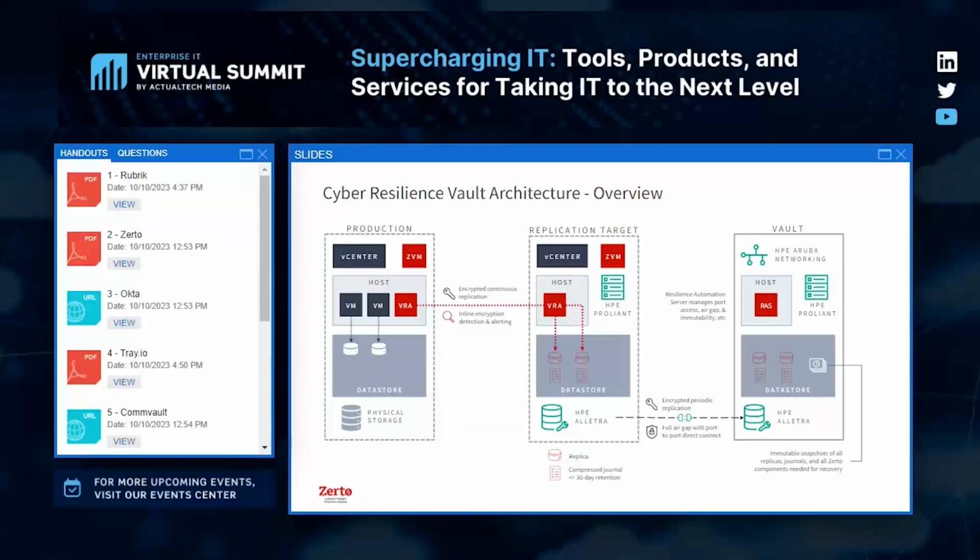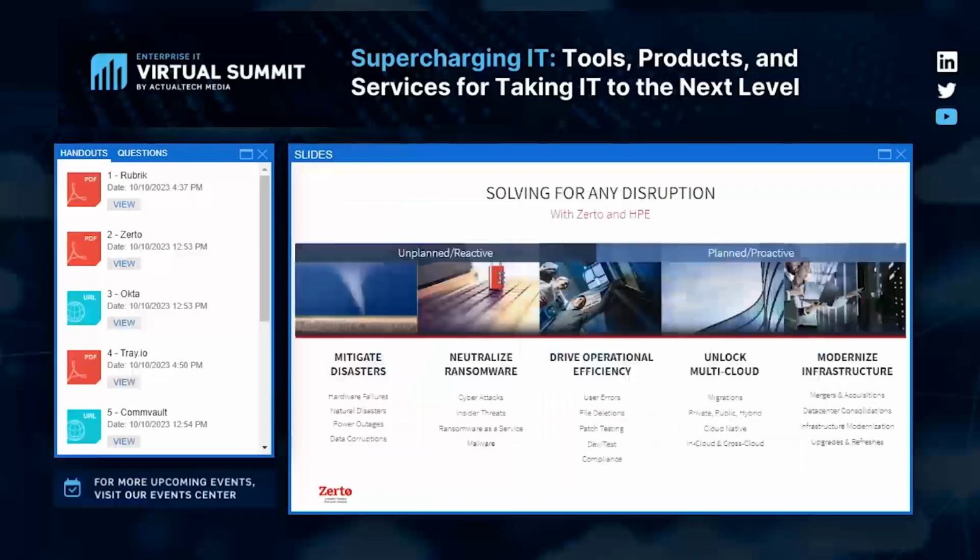So I just wanted to leave you on the Cyber Resilience Vault as one of the latest things from Zerto, as well as the encryption detection. Those were both released in Zerto 10 earlier this year. Now I just want to summarize the solutions we provide: mitigating disasters, neutralizing ransomware, providing operational efficiency with our replication and recoverability, and unlocking those multi-cloud